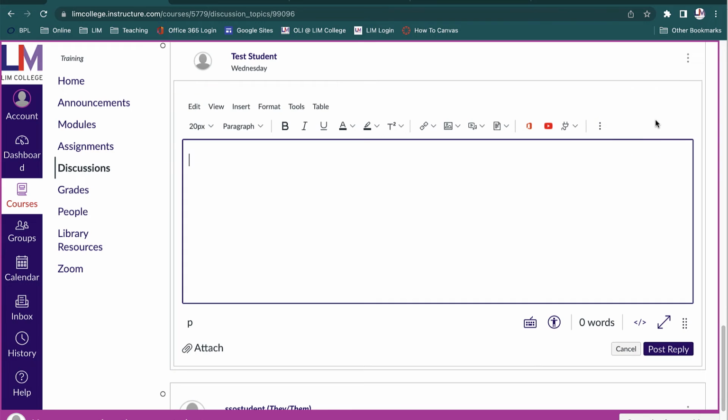So there's the size of the text. These are heading, paragraph format. These are really important if you're trying to make your content accessible. And then, of course, you have bold, italicize, underline, colors of text, background, and then this is subscript and superscript. If you want to add a URL,